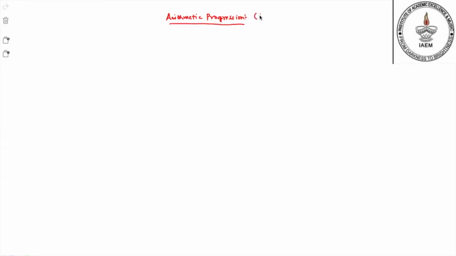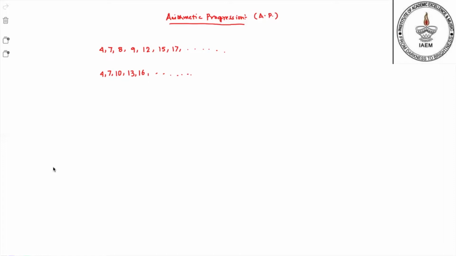Arithmetic progression, also called AP, is a series of numbers. So this can be a series of numbers. But this series cannot be termed as an AP. Why? Because any series which has numbers which differ by the same amount, I repeat, any series which has numbers which differ by the same